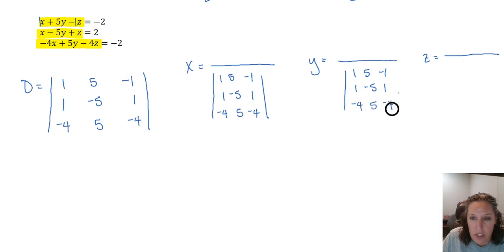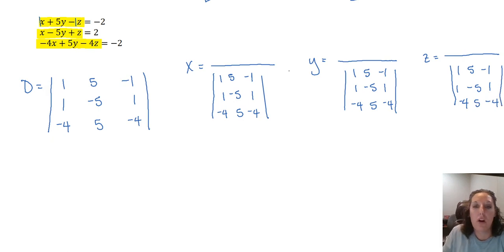And this one we're going to go ahead and use our calculator to evaluate those determinants. That should be a negative 5, 1, negative 4, 5, negative 4. So our denominator is going to be the D matrix on all of those. And then just like we did on the other one, to find our x value, we are going to copy